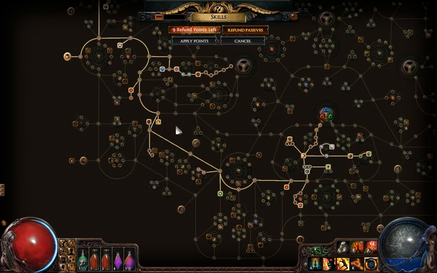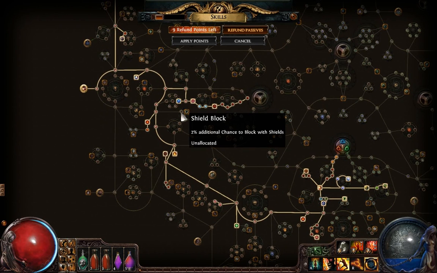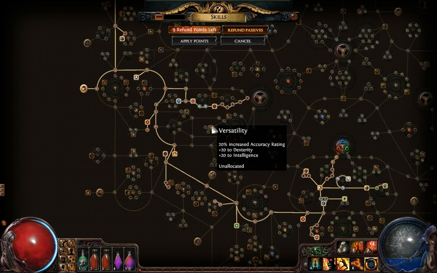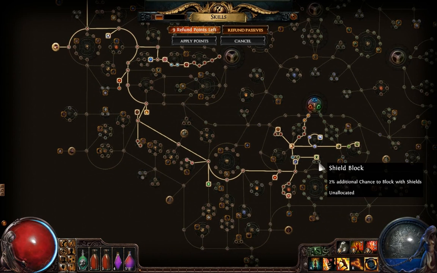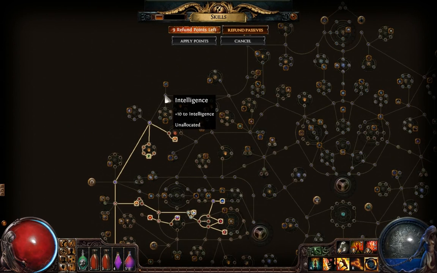Also, the really endgame version with an Aegis Aurora needs a lot of block chance. So once you get an Aegis Aurora, you want to take this block chance here. This is 6% for only 2 points, which is really good. You can take another 2% and another 2% here. And then we can also go up here, take this int node, and then you can get 2%, 2%, and